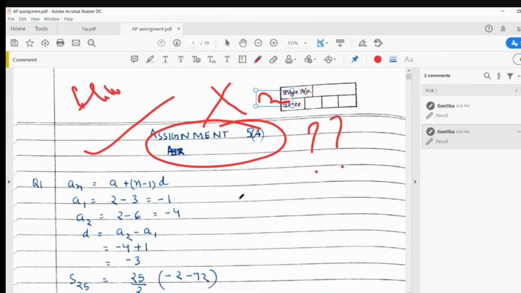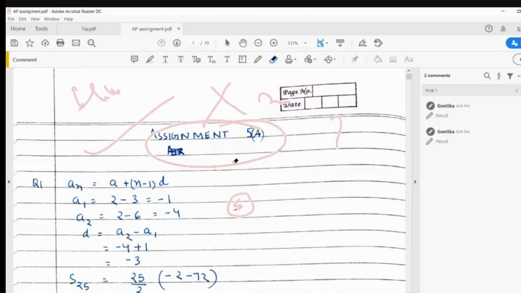If I want to give some marks to the students, I can do that. See here, it can be done. Maybe the writing doesn't come out very nicely, but yes, the checking work can be done easily. If I find that something has been marked wrongly, I click on this eraser and I can just erase whatever work I need to erase. I can start checking the work once again.